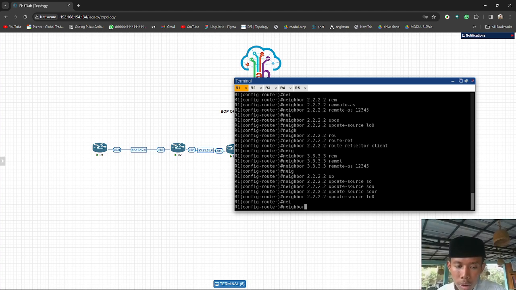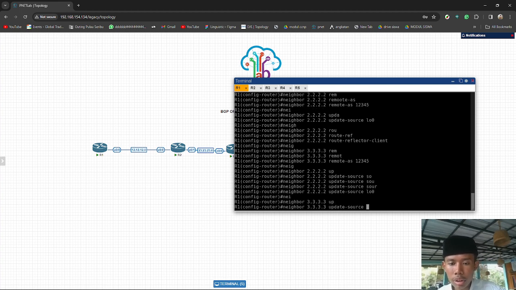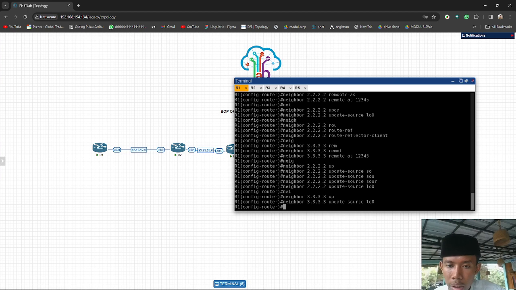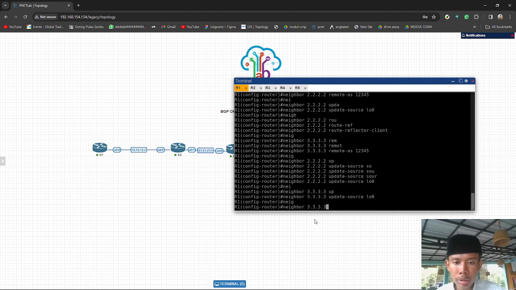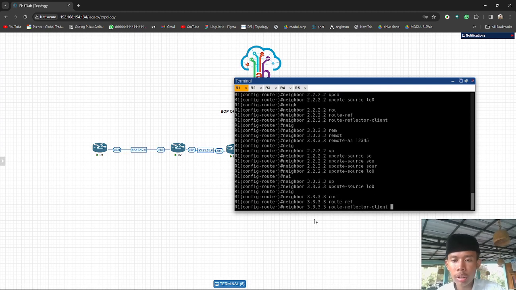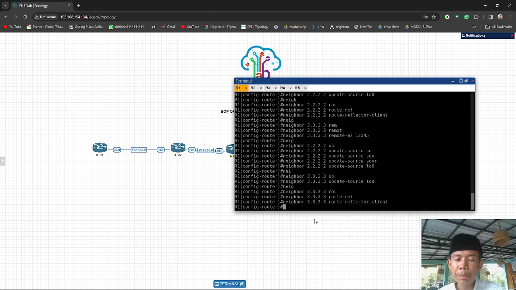I mean neighbor 3.3.3.3 update source loopback 0, because we already did the configuration for 2.2.2.2. And after update source we will do route reflector client, neighbor 3.3.3.3 route reflector client.